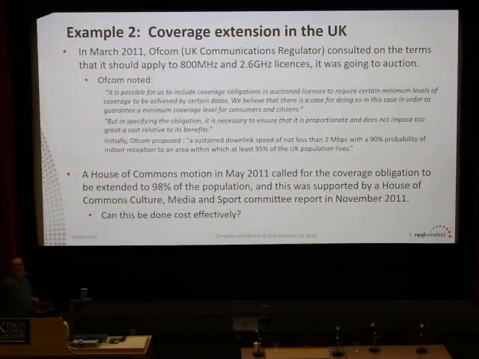So, I think it was the lady in the middle who said, well, one of the things that you want to do is have better coverage. Okay, so this is one of the things that Ofcom recognized. There was this spectrum at 800 megahertz, with good propagation conditions. Maybe it's really good, we can get better coverage and boost the availability of mobile services to more of the population. And they basically came up and said, we could go to 90%. And then the government came back and said, no, you're going to do an awful lot better than that. And they actually said that they wanted 98% of the population to be covered.